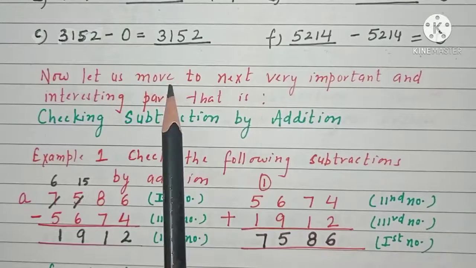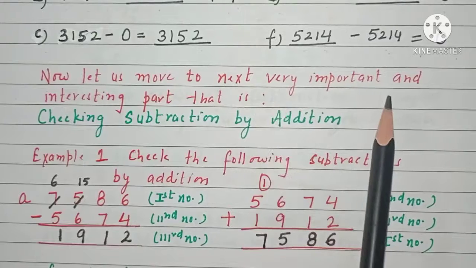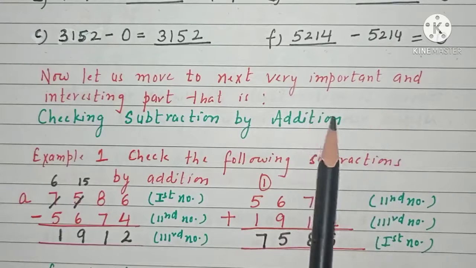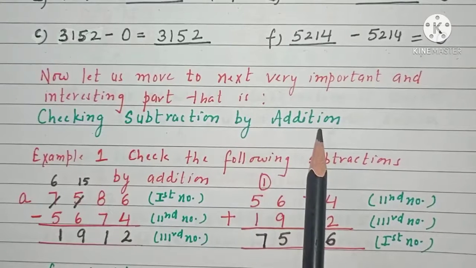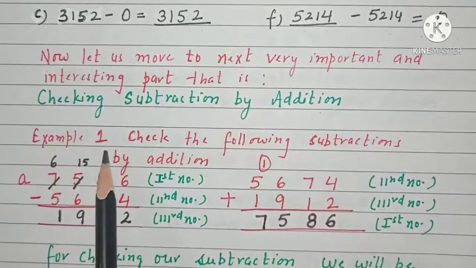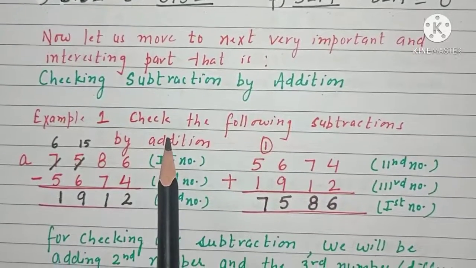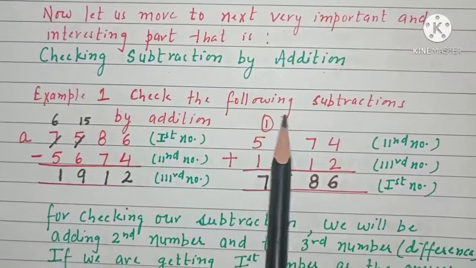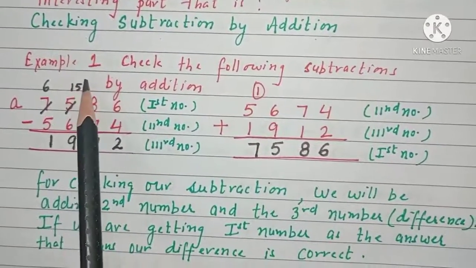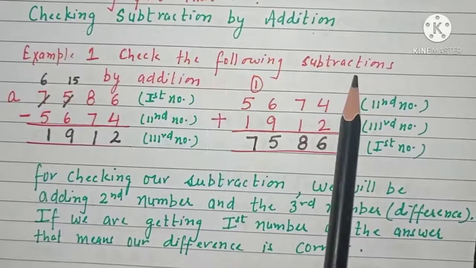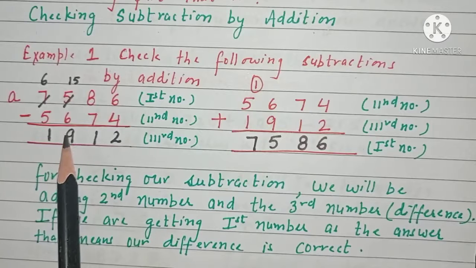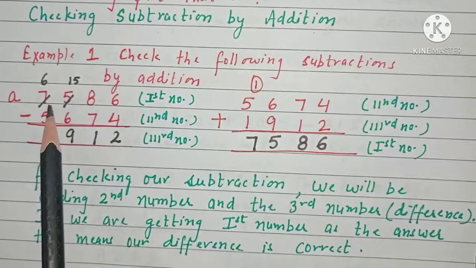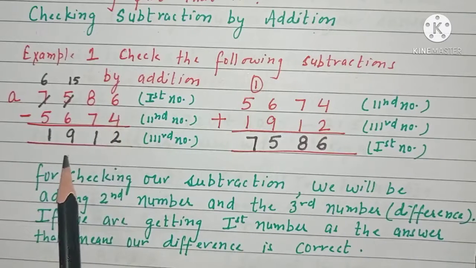So, children, now let us move to the next very important part and interesting also, and that part is how to check the subtraction by addition. Fine, children. Please see the example 1 very carefully, and then you will be understanding how we have to solve such problems. So as per example 1, we have to check the following subtractions. Here, we have been given a subtraction sum where the answer of subtracting 5674 from 7586 is given to us as